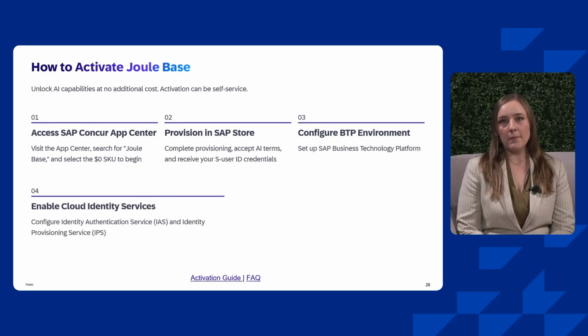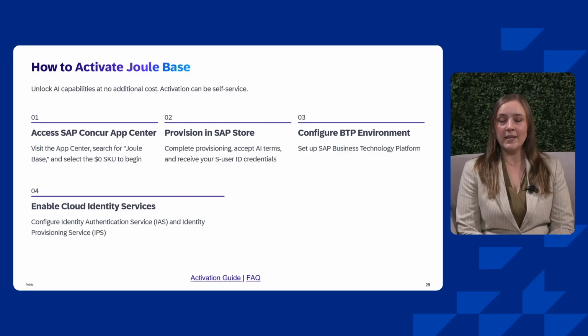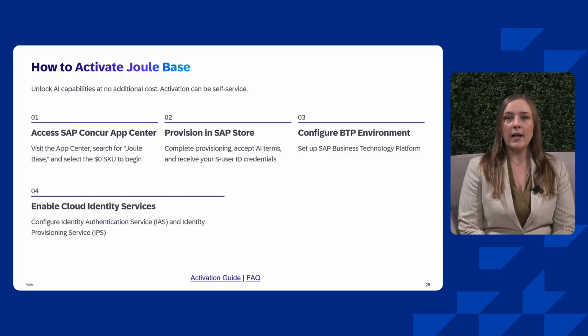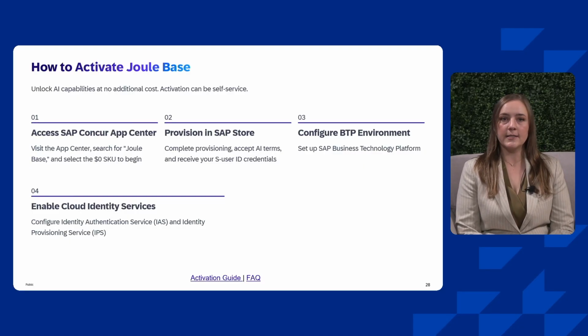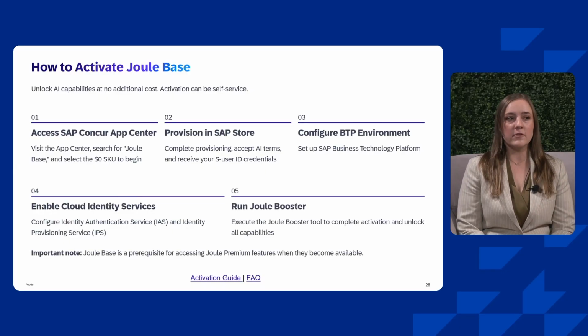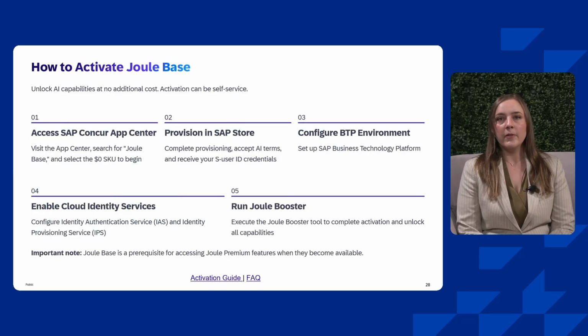The fourth step is enabling cloud identity services. So you're going to configure the IAS, which is the Identity Authentication Service, and IPS, Identity Provisioning Service. And this will provide user access. And then the final step is to run the Joule Booster. And this will take you through all of the final steps needed to